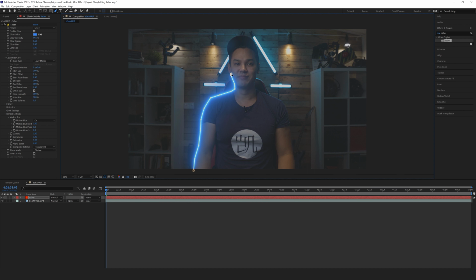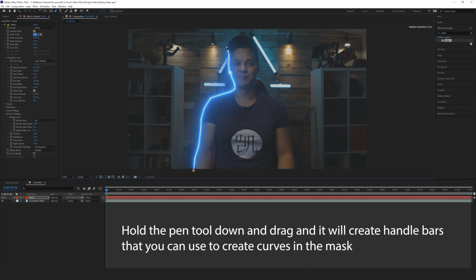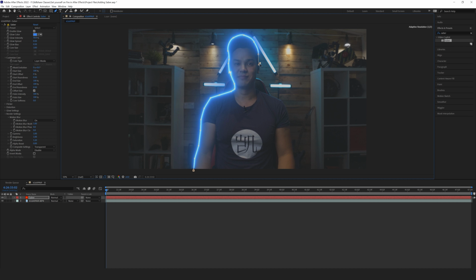And if you hold the pen tool down, you can drag out these handlebars that allow you to create curves for your effect. And this is a really cool neon effect that you can create. And I'll just go all the way around my shoulders and arms, as you can see here, and I'll close it off like that. We've now created our Saber effect around our character, and we can change the preset of